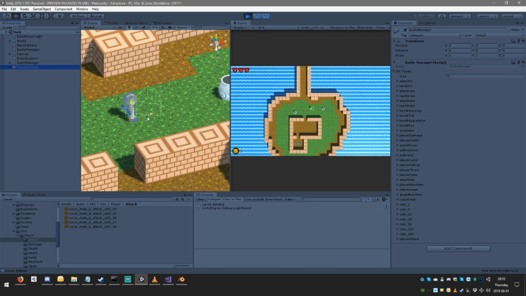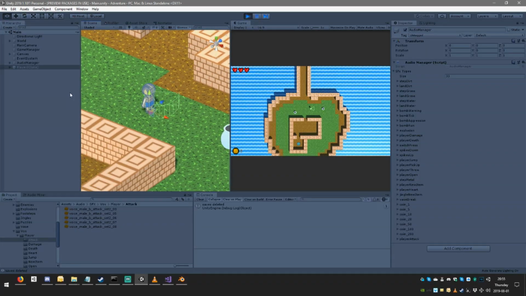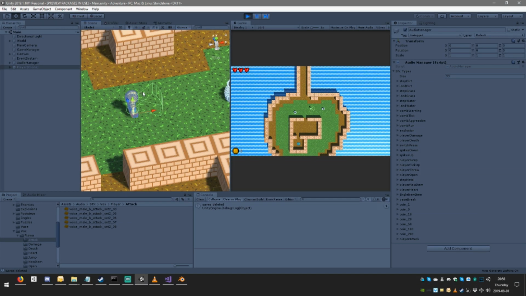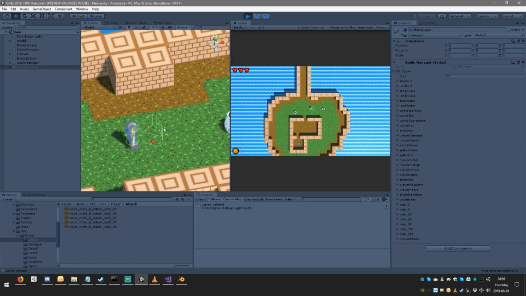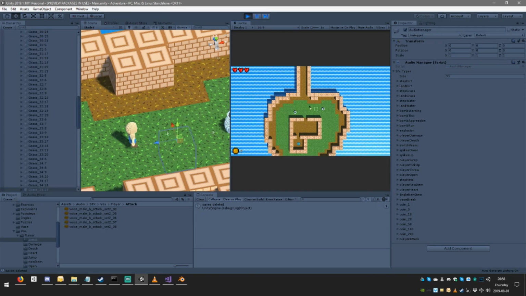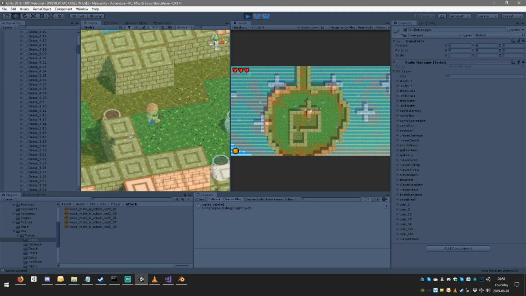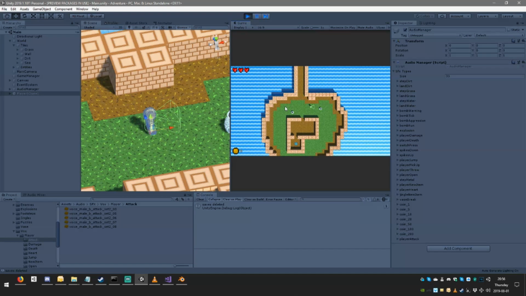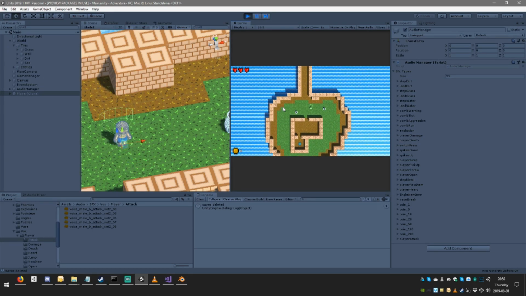There. So he's actually not facing... wait, are we... Yeah, okay. He's facing forward. So he's forward. Whoops. Wrong key. Darn it. Okay, well, it put me back exactly where I wanted to be, so that's good. Yeah. Okay, so this rotation